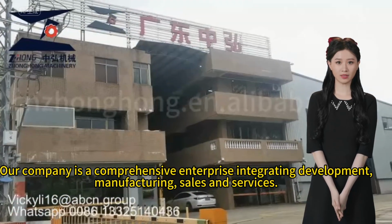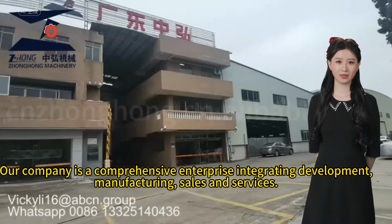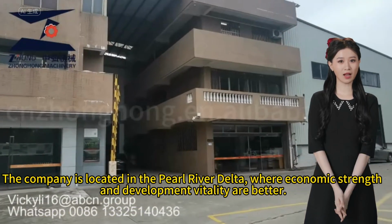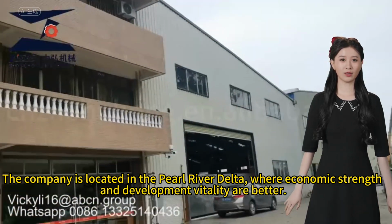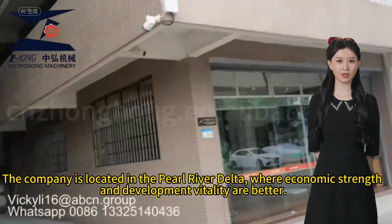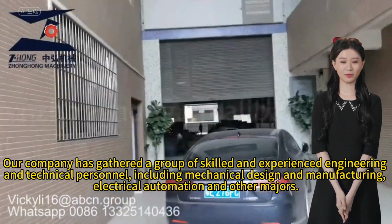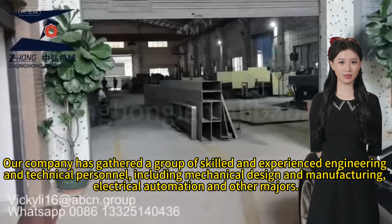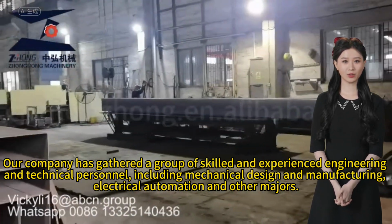Our company is a comprehensive enterprise integrating development, manufacturing, sales and services. The company is located in the Pearl River Delta, where economic strength and development vitality are better. Our company has gathered a group of skilled and experienced engineering and technical personnel, including mechanical design and manufacturing, electrical